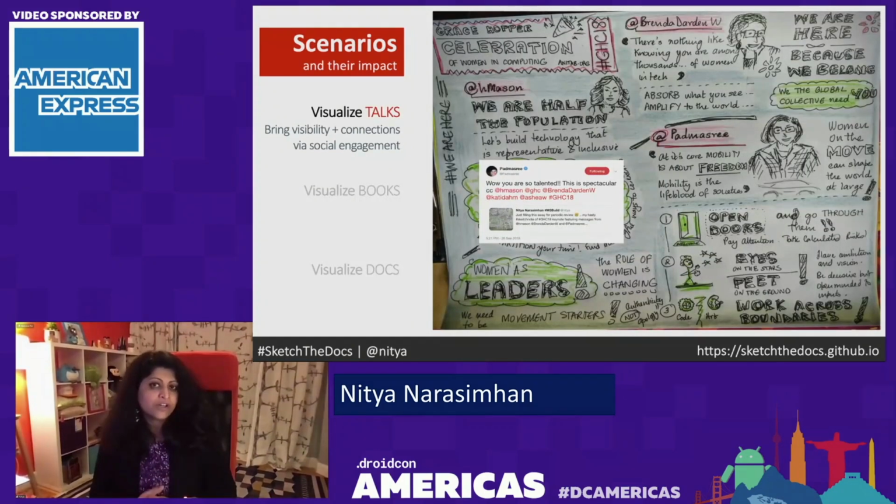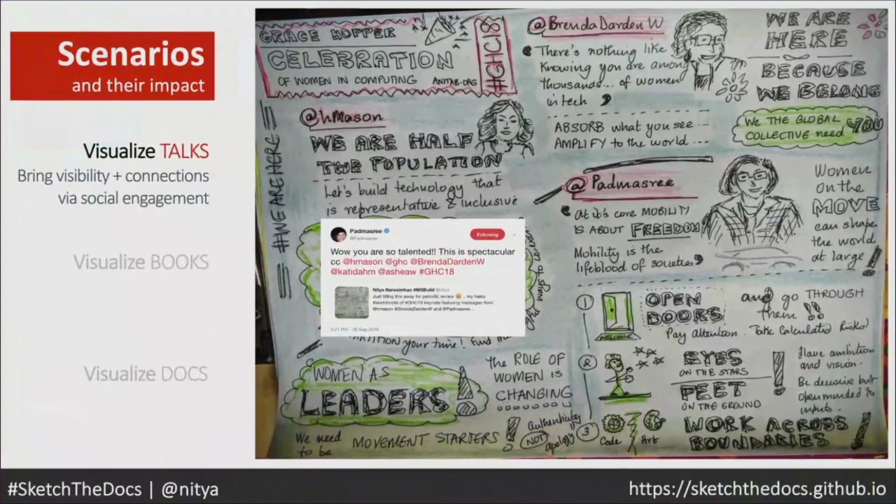So I want to talk first about why you should try to look at sketchnoting. What are the value propositions for you? So 3 different scenarios, and there are a lot more in reality. First one, you can visualize talks. This is an example of a Grace Hopper keynote by Padma Shri Warrior, who was the CEO of Electric EV, and then the CTO of Cisco before that, and then Motorola before that. When she gave this talk at Grace Hopper, I wasn't even in the room. I was actually watching this online. And I sketchnoted the whole thing.